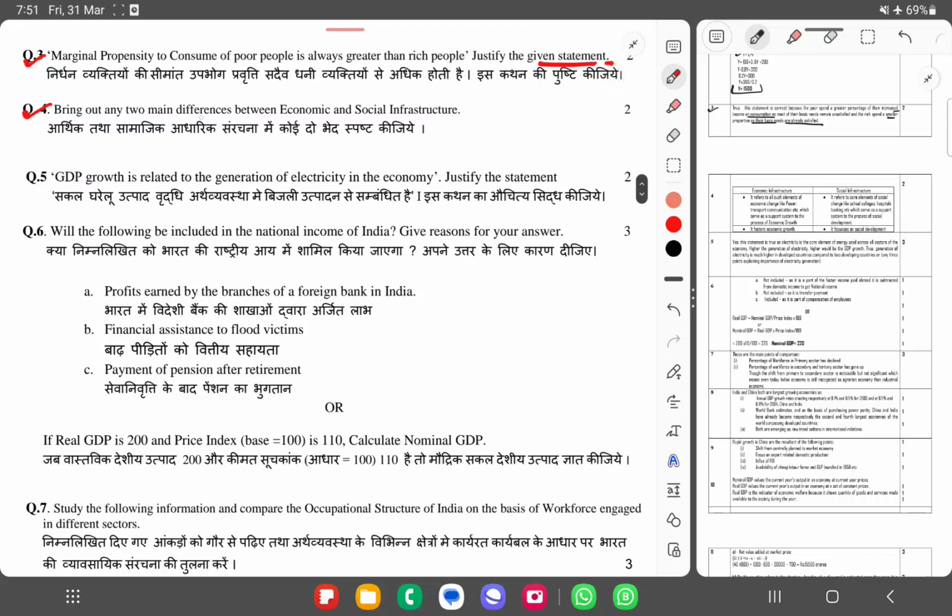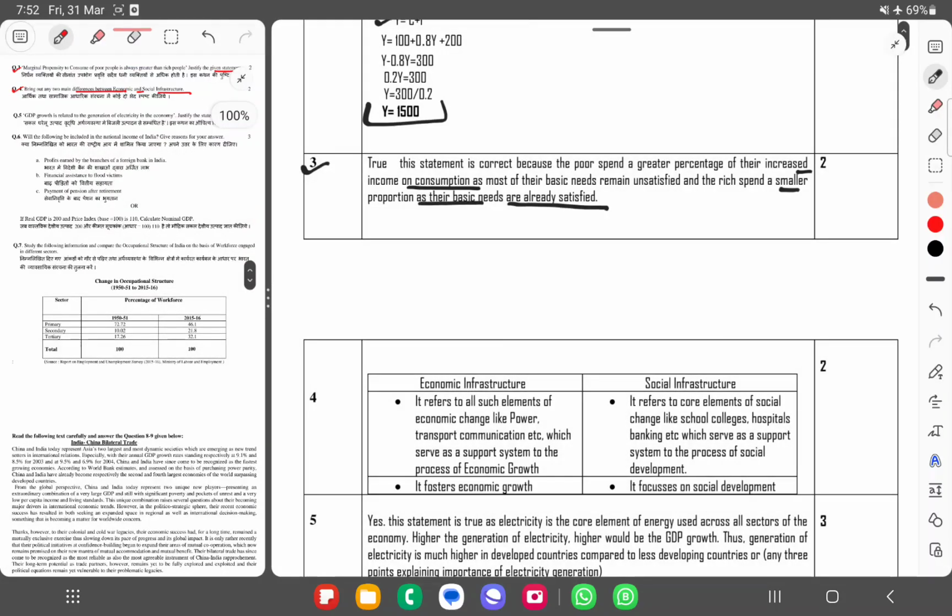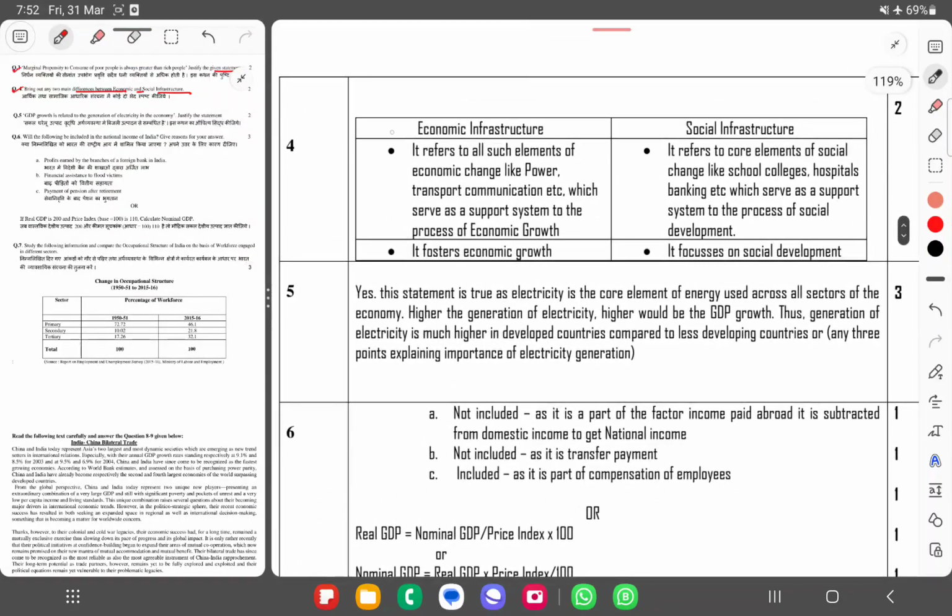bring out any two main differences between the economic and social infrastructure। Let's see the answer। Economic infrastructure and social infrastructure। Economic infrastructure, it refers to all such elements of the economic change like power, transport, communication, etc., which serve as a support system to the process of economic growth। Social infrastructure, it refers to the core elements of social change like school, colleges, hospitals, banking, etc., which serve as a support system to the process of social development। It fosters the economic growth, it focuses on the social development। ठीक